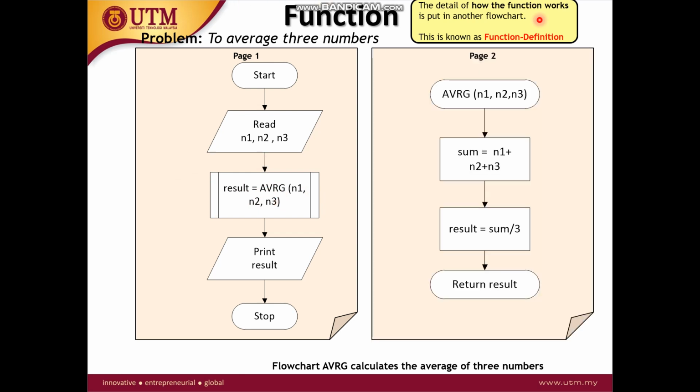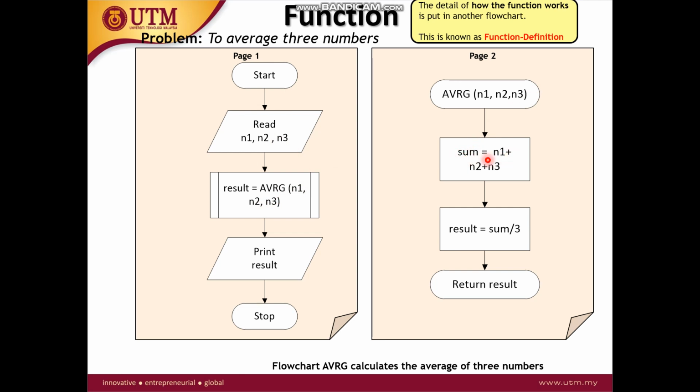This is the function avrg. You need to write down the same name as it has been given to the function, and this function has 3 parameters. Those 3 variables are called parameters, and you need to give the same parameters to it. So those 3 numbers entered by the user are going to be given to the function, and this function